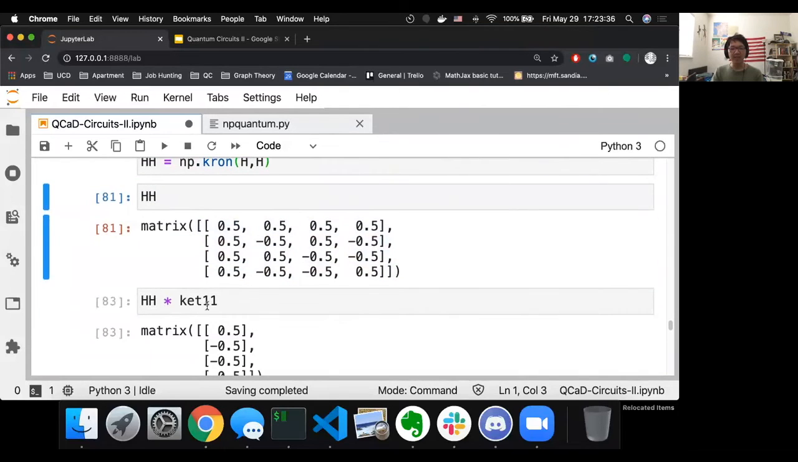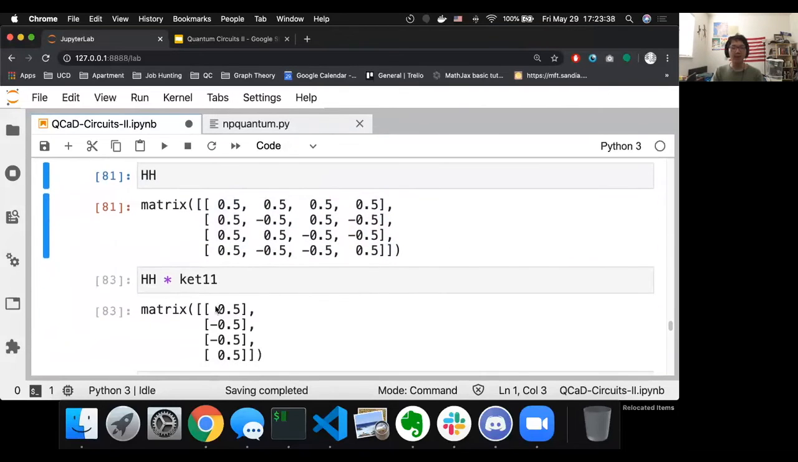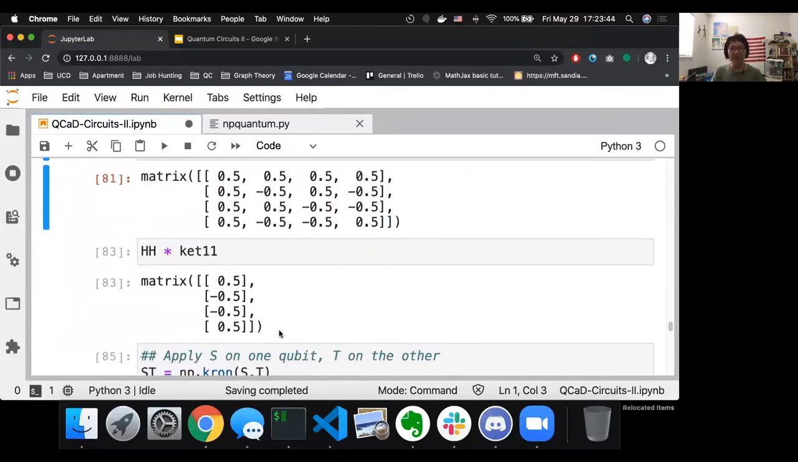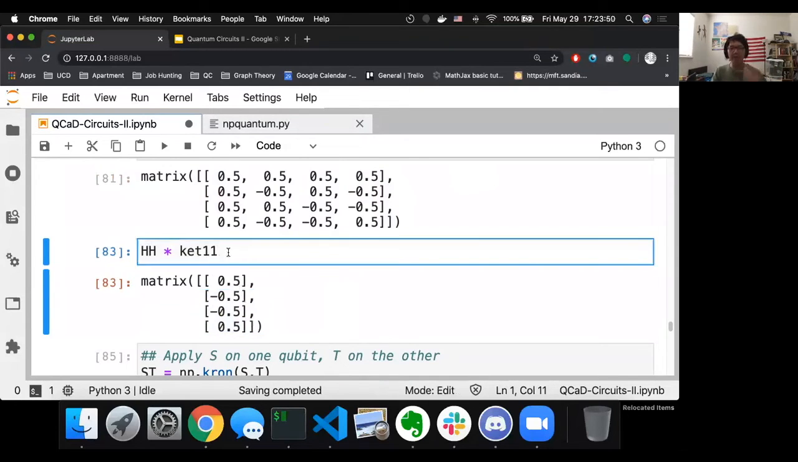And I do HH times ket 11, we're dealing with 2 qubits here, and I do that matrix multiplication, and now I get this thing. And this makes sense. All of our qubits are in a perfect 50-50 superposition. Granted, this negative might throw you off, but it is not